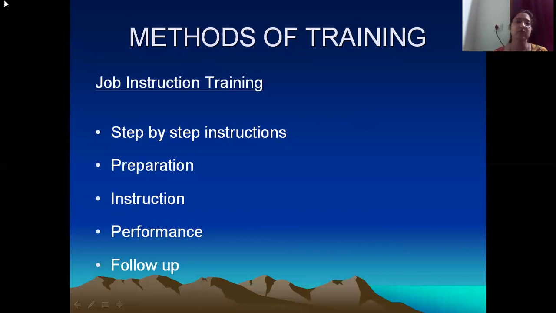Let us say there is an employee named Jacob. This person has not operated the machinery properly, because of which he has faced an accident. He has ended up cutting his hand, and at the same time, he has done some damage to the machinery also. But he's an enthusiastic person, he's willing to learn. In such a case, what kind of training technique has to be adopted for this person? The instructor, that is the supervisor who is training him, should keep many things in mind.